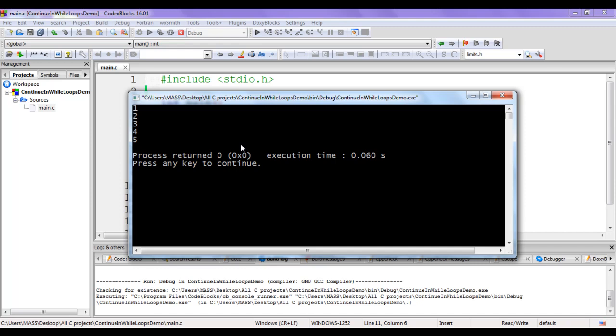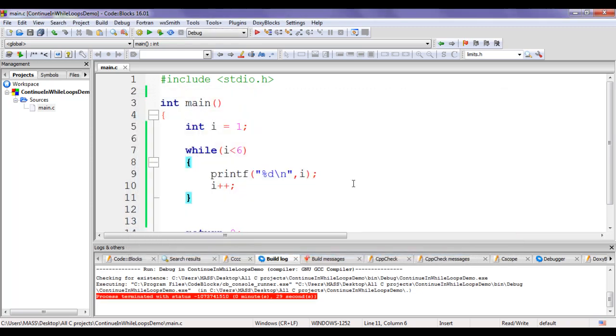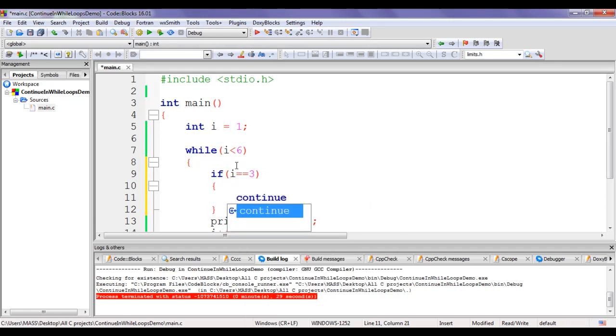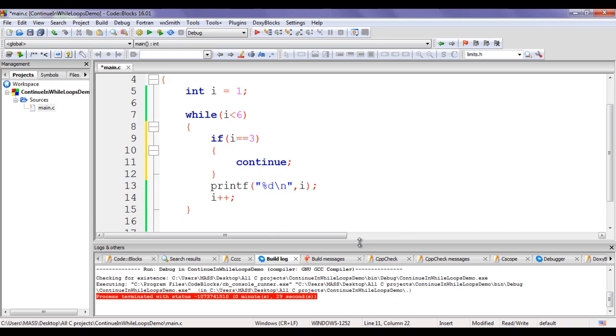Actually, I don't want to display 1, 2, 3, 4, 5. I want to display 1, 2, 4, 5 using the while loop. I want to skip displaying the number 3. I only want to display 1, 2, 4, 5. I want to skip displaying 3 using the while loop, guys. So how do we do that? Here comes the use of continue statement, right? What I do here, I say if at any time i value becomes 3, you should continue the loop, guys, semicolon. Now what happens, we should understand.